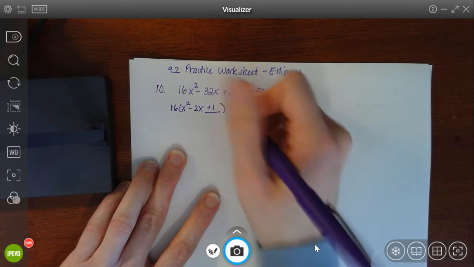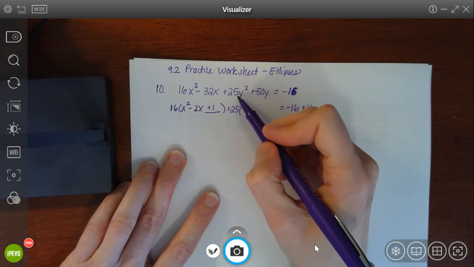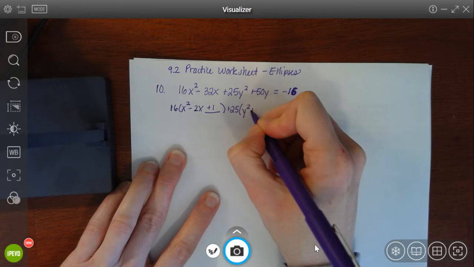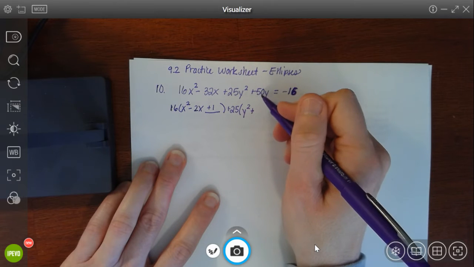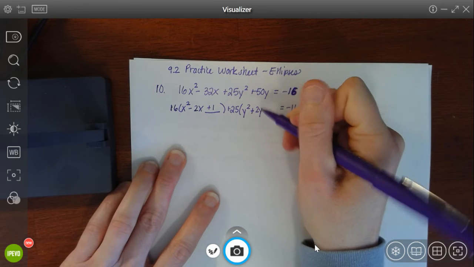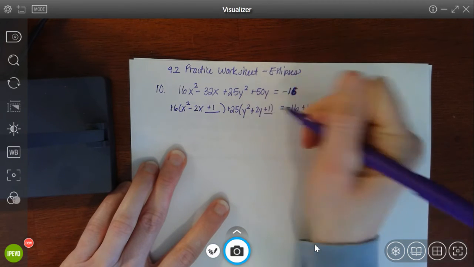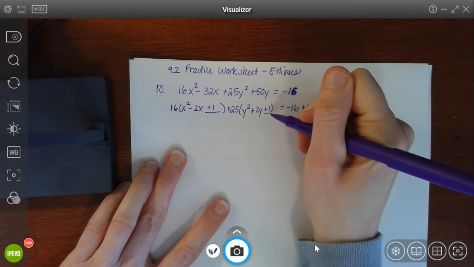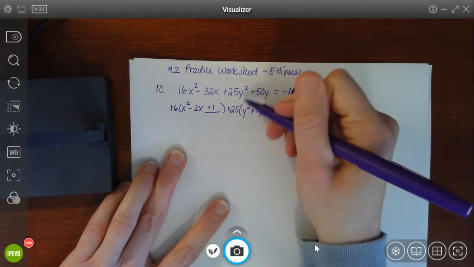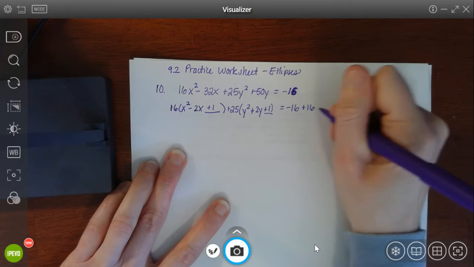Looking at this piece, I'm going to take 25, factor that out because that's the leading coefficient of my y squared. That'll leave me just y squared. Keep my plus sign. 50 divided by 25 is 2. And again, complete the square. I'm going to take half of 2 and square it, which is again 1. And again, when I complete the square here, I've not just added 1, but I added 25 of those groups of 1. So I'm going to multiply those, and I'm going to add 25